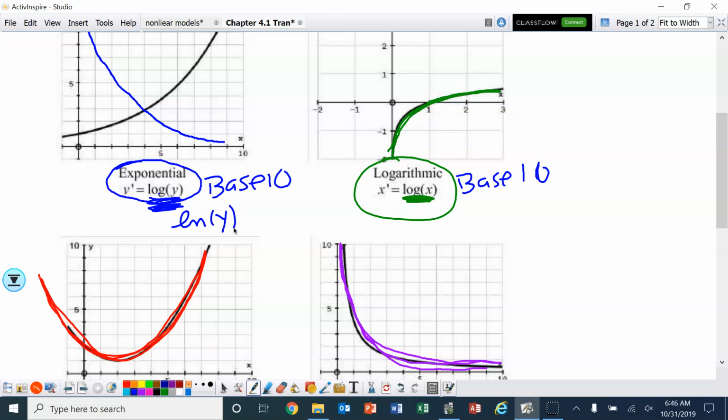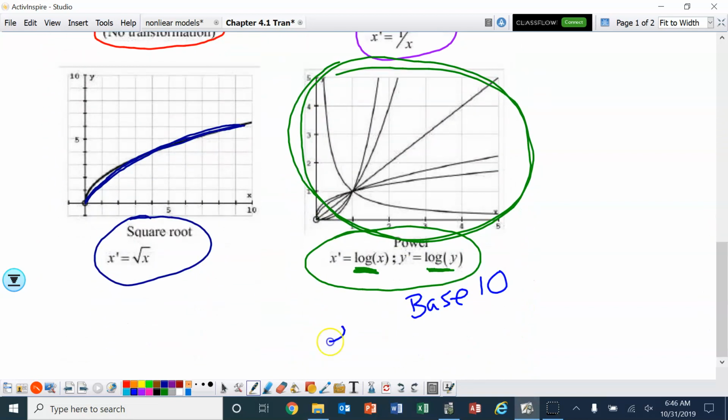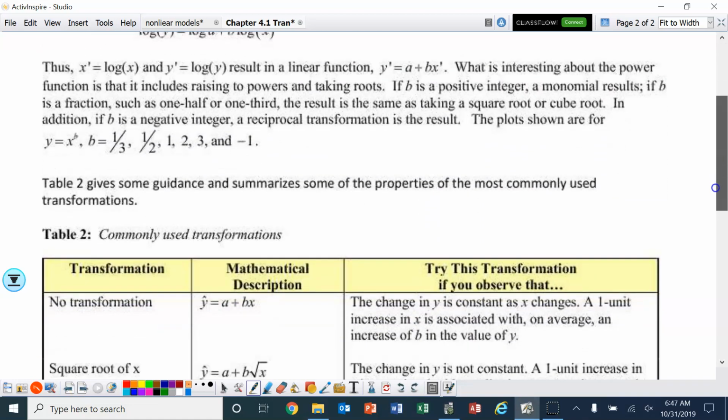If you prefer using natural log, you can use natural log. Same thing here. We could use natural log for x instead of log x. Down here, we could do natural log of x and the natural log of y. And that'll give us the same results. We'll get different numbers, but in the end, we're going to get the same results. All right, so on this page,